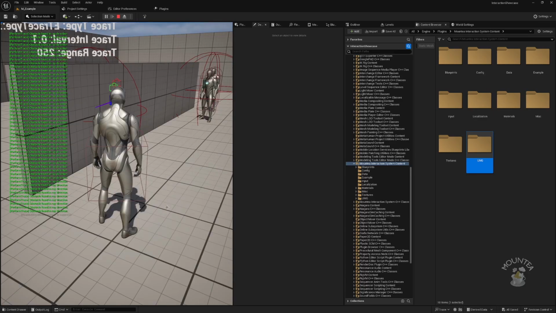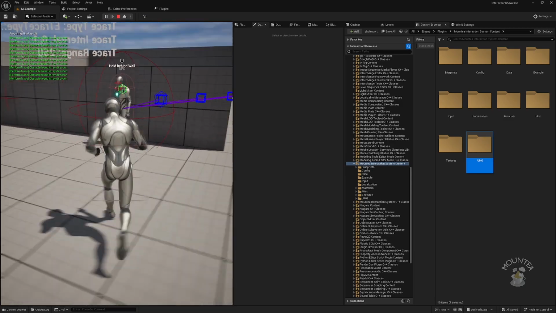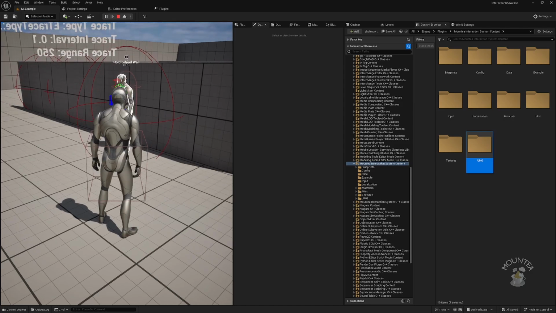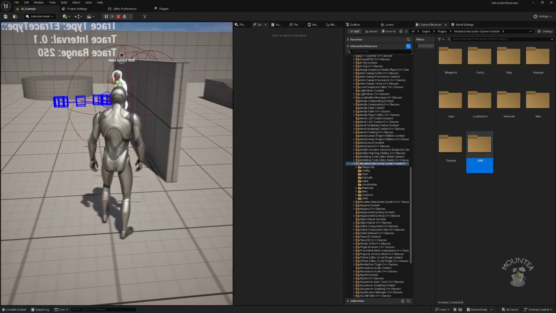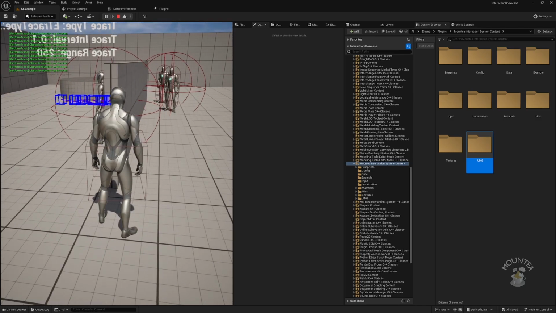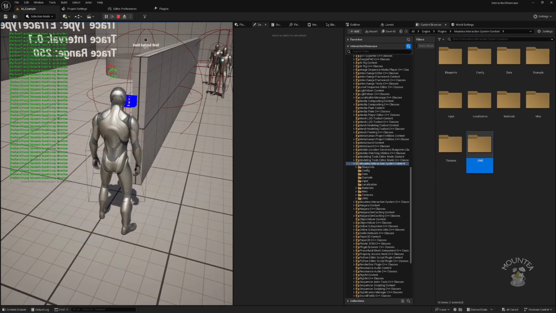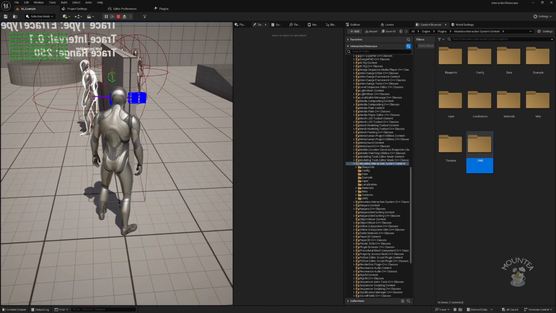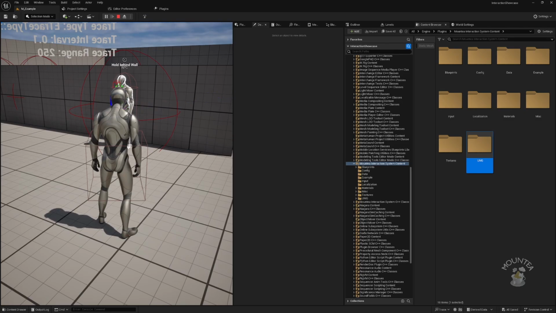So let me quickly play again, and let's go behind the wall and take a look at the NPC. And as you can see, because now there is nothing in the way, the NPC actually can be interacted with. There is nothing in the way, and there is now a wall. Nothing, a wall. You can see this actually, if I move the head slightly to the left, nothing, to the right, wall. Nothing, wall. So this is how the new feature safety trace works,